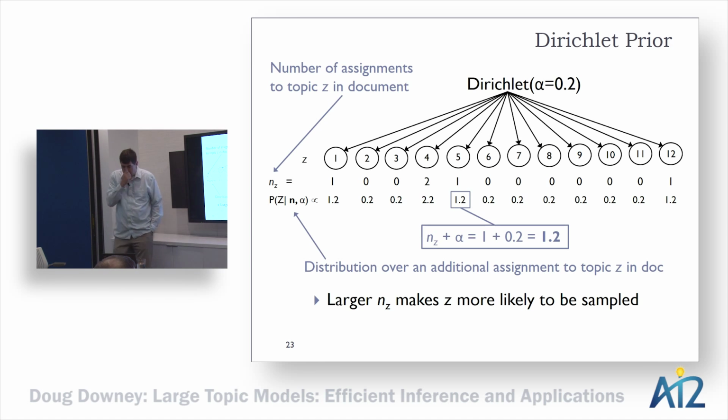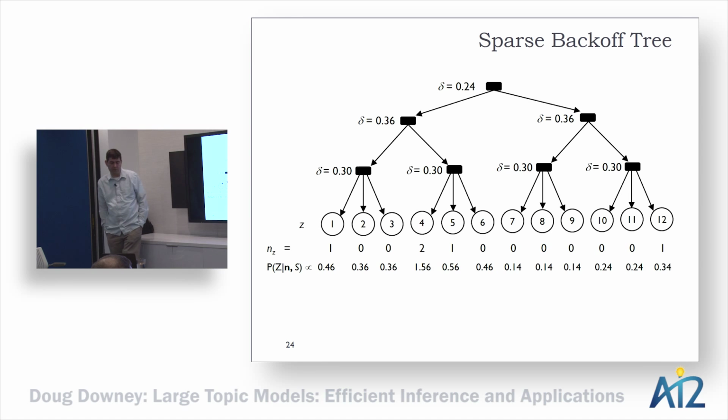And we know if we use a Dirichlet prior over a relatively small set of topics, we can end up with a nice topic distribution for a document by iteratively applying this sampler. All right, so here then is our proposed alternative, which we call sparse Backoff trees. Sparse Backoff trees begin with a tree structure. So assume this tree structure is given to us in advance. We've said there are 12 topics as before, but we're assuming that the first 3 topics are related to each other in a particular way, and the first 6 topics are more related to each other.